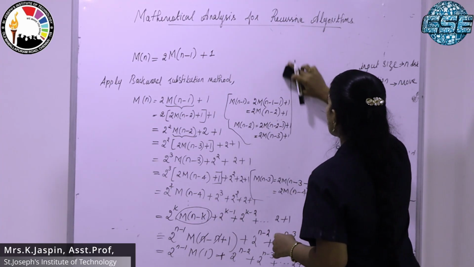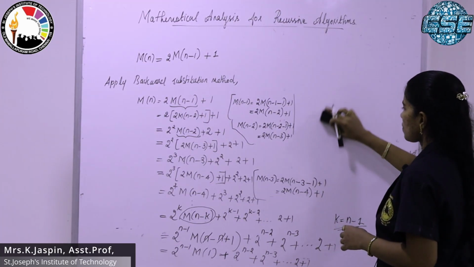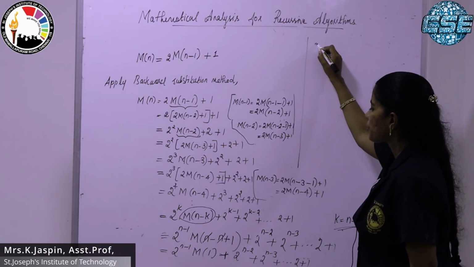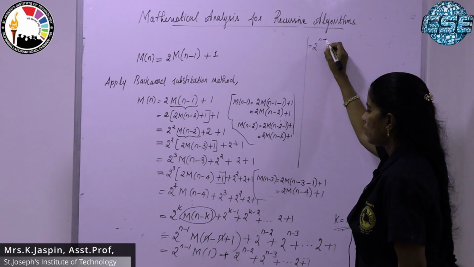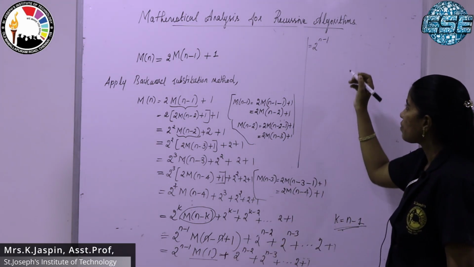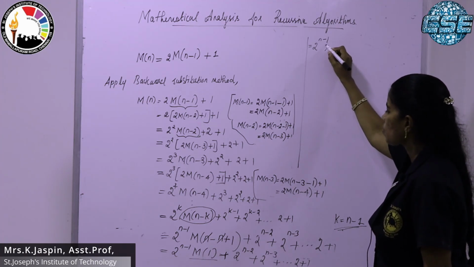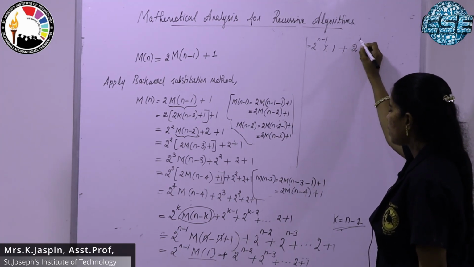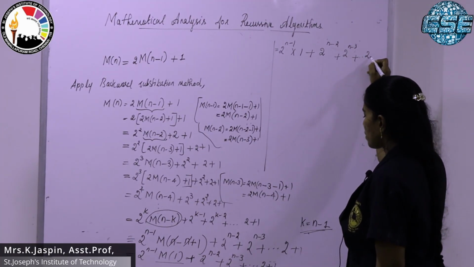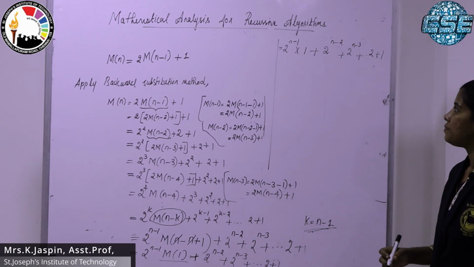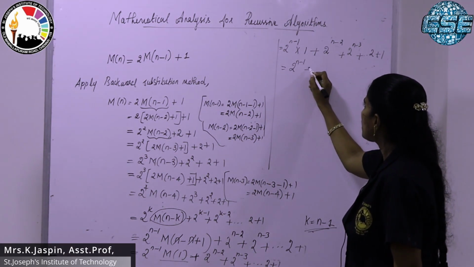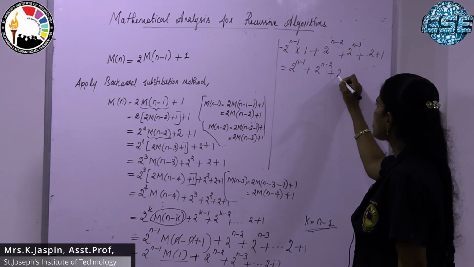Again I am continuing this step here. So while I am substituting 2 to the power n minus 1, this value becomes 1 because m of 1 as an initial condition has the value 1. So plus 2 to the power n minus 2 plus 2 to the power n minus 3, like that. Here this term becomes 2 to the power n minus 1 plus 2 to the power n minus 2 plus 2 to the power n minus 3,